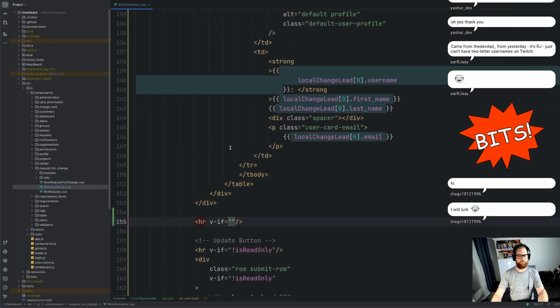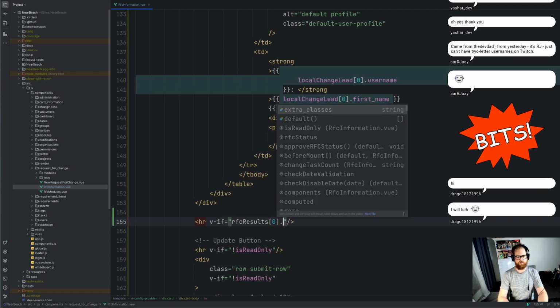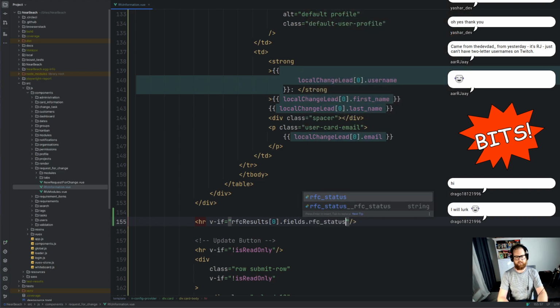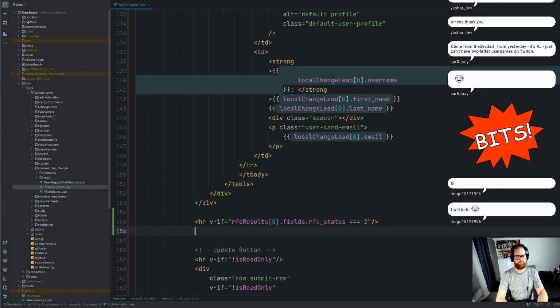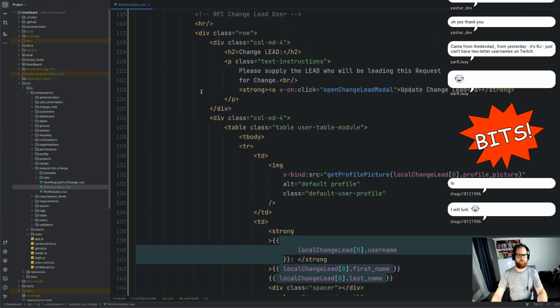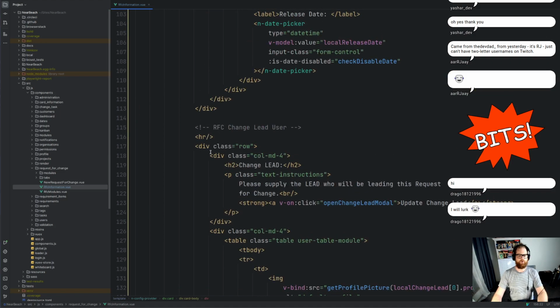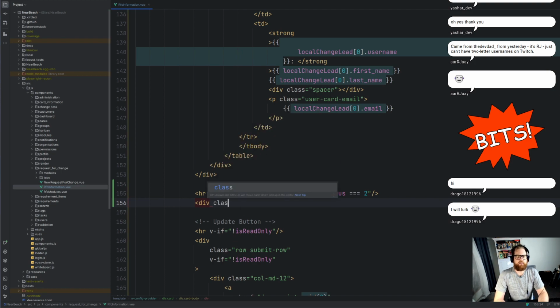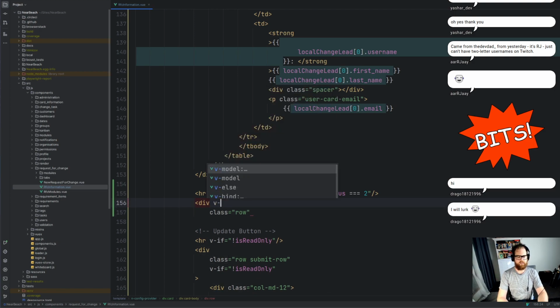So RFC results dot, now that will be 0 dot fields dot RFC status equals 2. All right, and then we have our div. Now this is just a simple row, isn't it? Yeah, just a simple row. Div class equals row. We're gonna bump that to the second line, and we're gonna go v-if